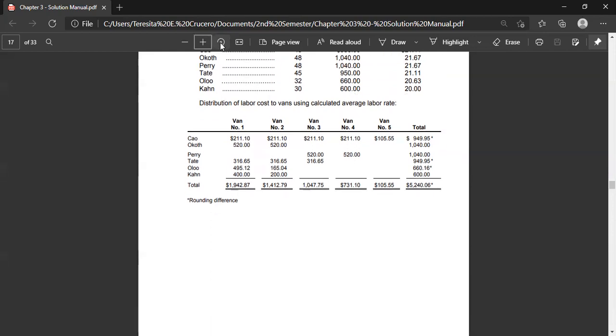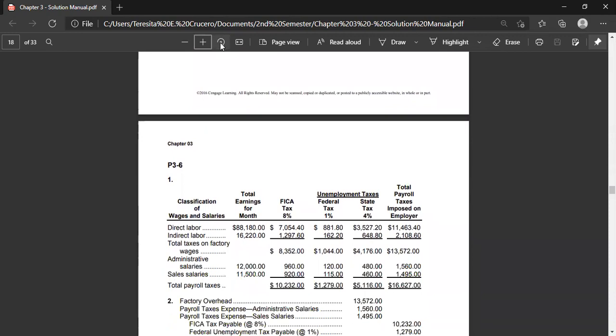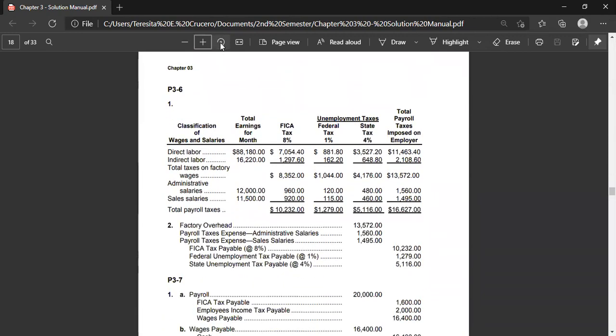Now we go to number 6. 3-6 are two requirements. Using the above form, calculate the employer's payroll taxes for April. So we have now direct labor total of 88,180. That's total earnings for the month. And indirect labor 16,220 given. So the total taxes on factory wages, we have now FICA tax 8%, the unemployment taxes of 1